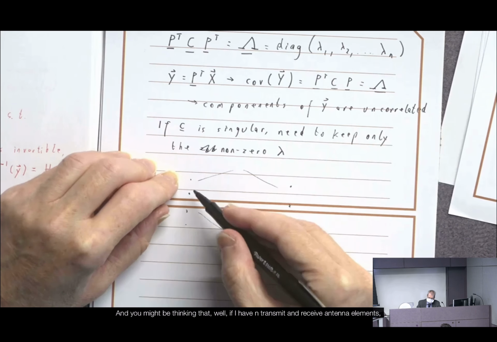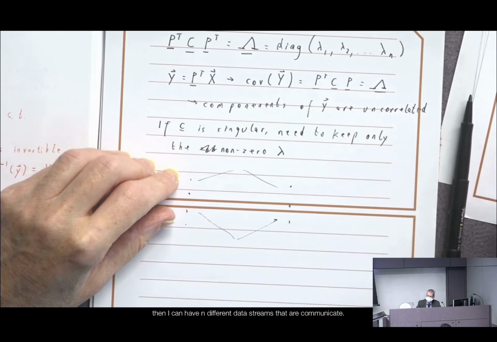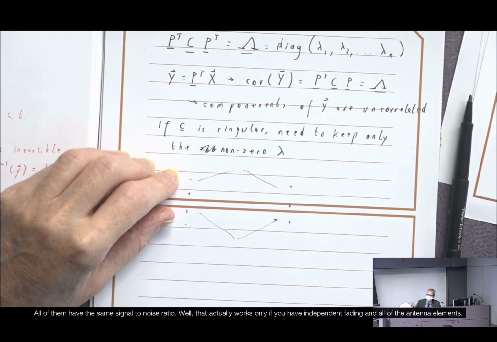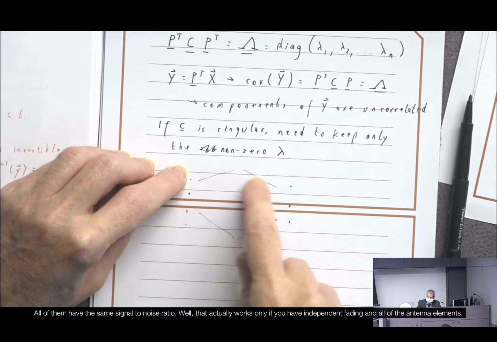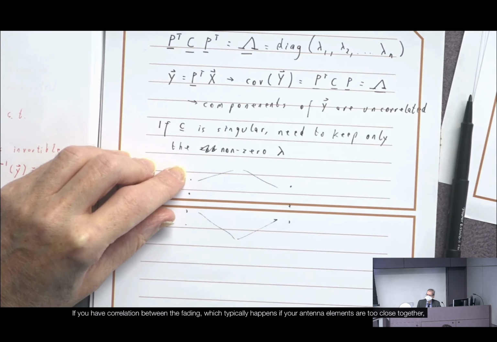And you might be thinking that if I have n transmit and n receive antenna elements, then I can communicate n different data streams, all of them with the same signal-to-noise ratio. Well, that actually works only if you have independent fading at all of the antenna elements. If you have correlation between the fading, which typically happens if your antenna elements are too close together, then